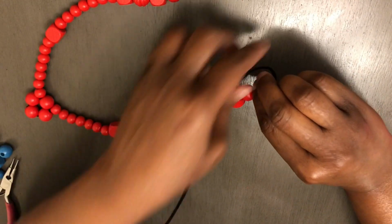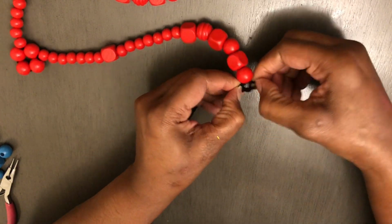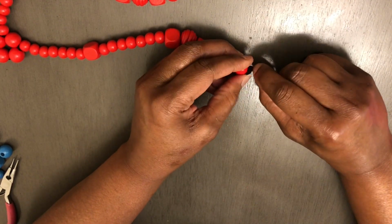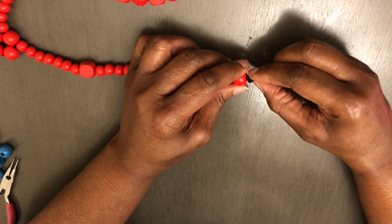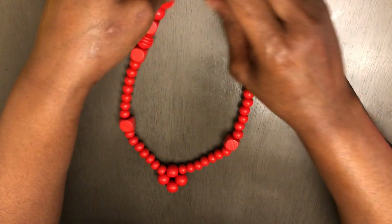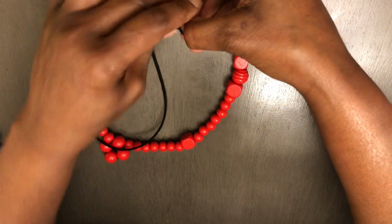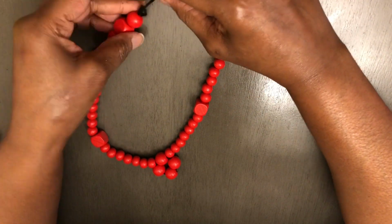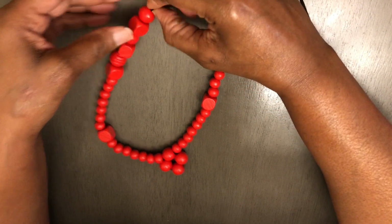So I'm going to tie another knot to just keep it from going through, because you don't want your beads to be sliding up and down on your cord. You want them to stay in place. Okay? So you put your knot in there, and once you put your knots in there, it will definitely stay in place. Okay? If you make a conscious decision to make this stuff and sell it, don't forget to do that also, okay? Also, make sure that you are putting your knots in